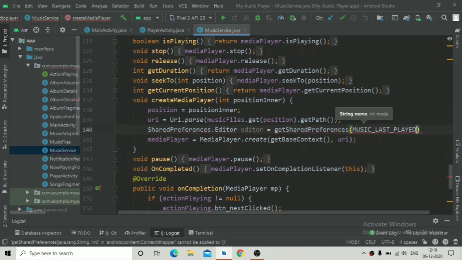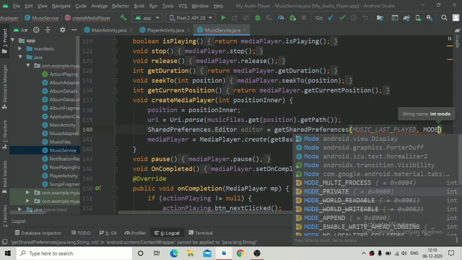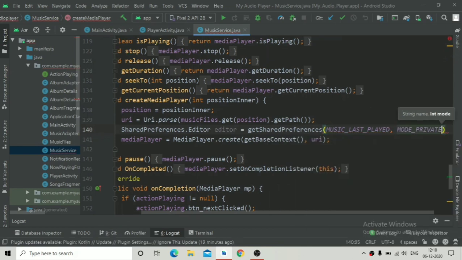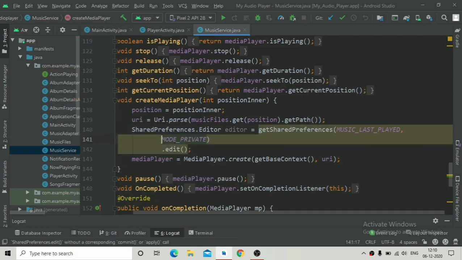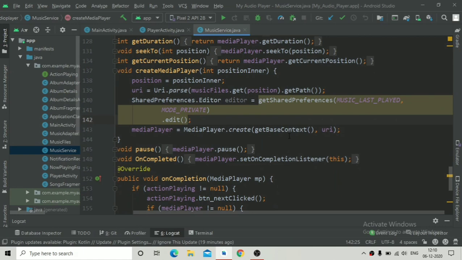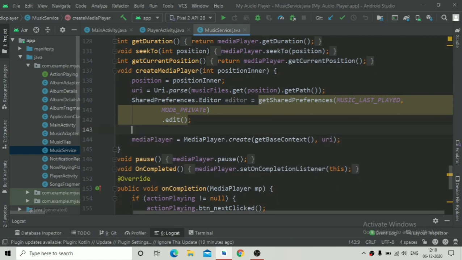So I'm going to pass the name music last played that we just created, and the mode will be MODE_PRIVATE, and at the last dot edit and semicolon.